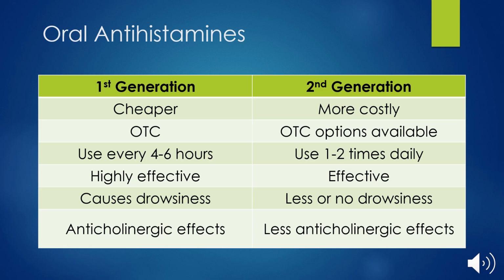So the main differences between the first and second generations are listed here for you. The first generations are cheaper. They're all available over the counter. One of the downsides, though, is that you have to use them every 4 to 6 hours. However, they are highly effective, which is why they're given if someone is having an allergic reaction. A lot of times you'll recommend giving Benadryl or something like that if the patient is able to take that, because